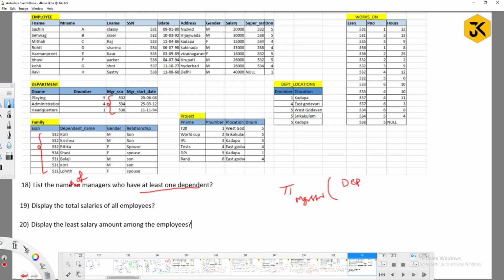Department, natural join, where manager SSN is equal to ESSN from family. What is the meaning of this one? I am going to get the details of those who have dependents as well as are managers. From that I am going to get the manager SSN.